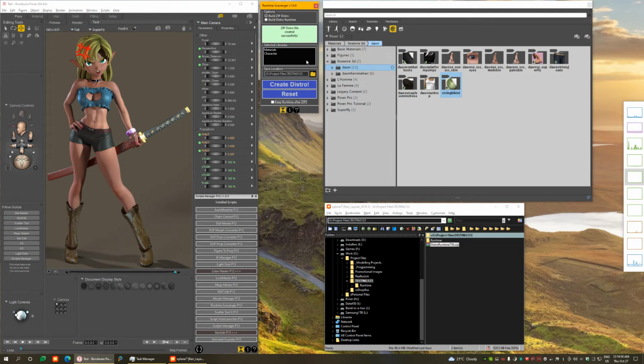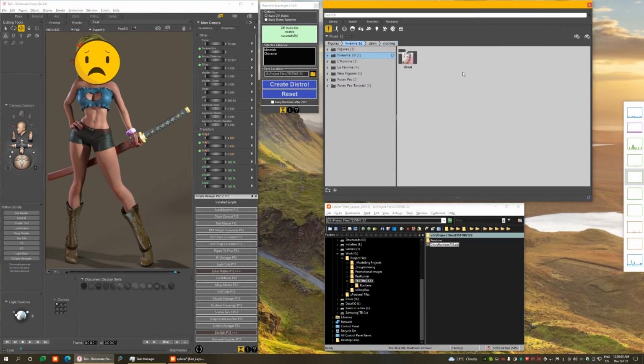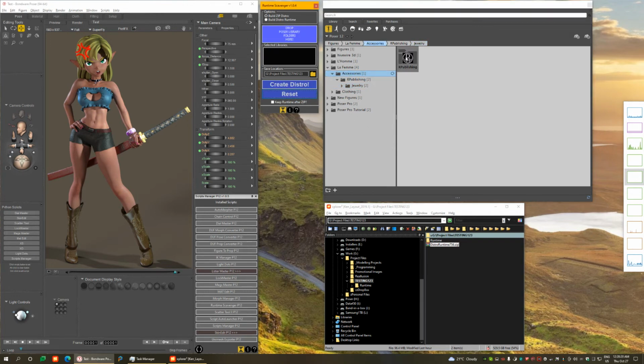One more thing I wanted to show you here is that sometimes the contents you are trying to extract from the runtime, they may have issues. For example, I think the jewelry, the earrings and the necklace for La Femme, for example, let me reset. I'm on the figures folder now, and I'm going, okay, let me delete those things I have done before. And I'm going to drag the whole thing, which includes the jewelry, the earrings, and the necklace. And if I try to create distribution for this, you'll see here the drop area has turned red,